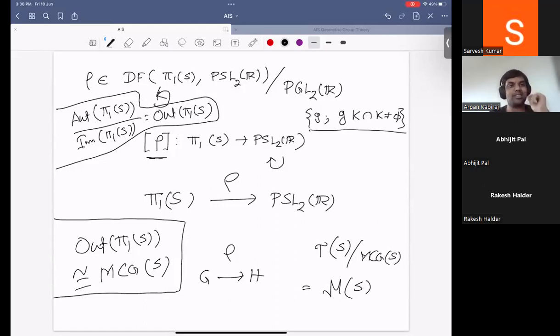Orbifold covering. Yes. But it's a finite... you ignore the singular points. Right. That's a covering map. Locally it is the same as Teichmüller space, right? It is locally the same as that. Okay. So apart from cone points, it's locally the same as that. Then I think you can give